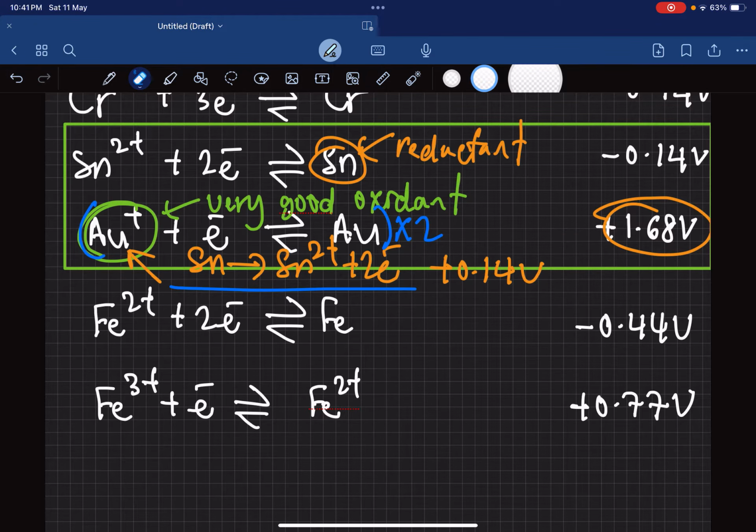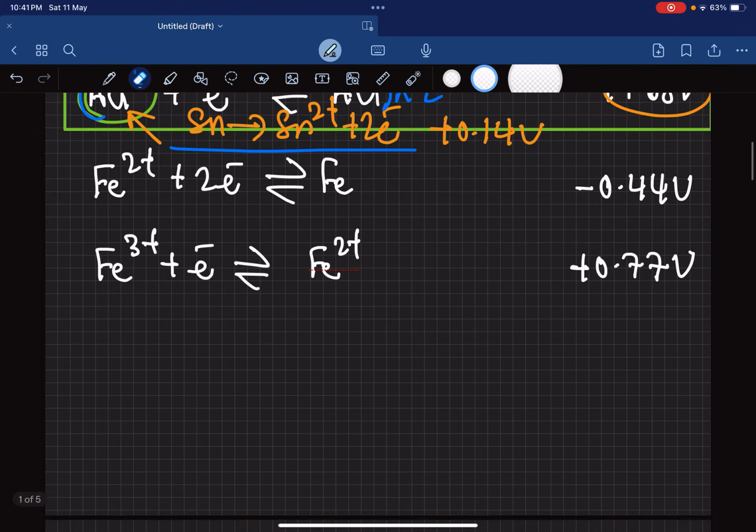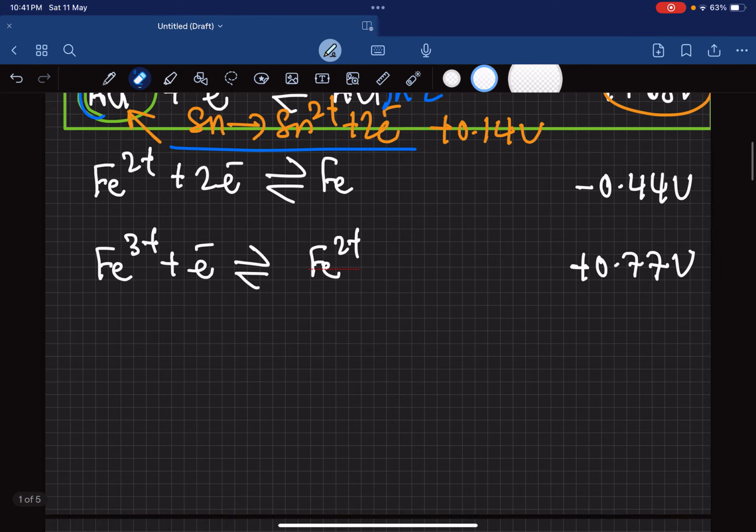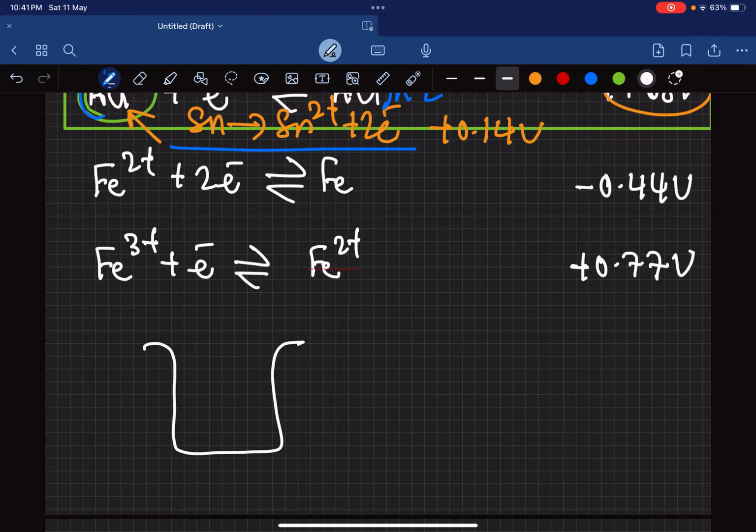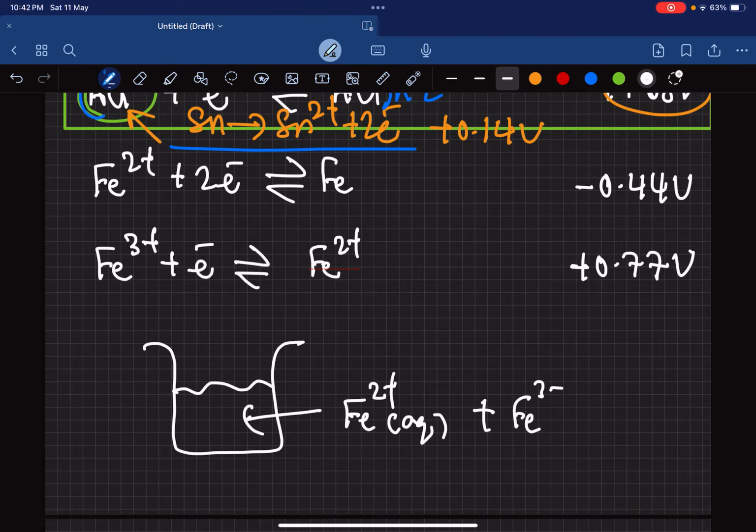Right? So you just use this equation. And then sometimes you come across questions like, when you do a voltaic cell, let's say a voltaic cell, sometimes you get a question where you have iron. So you have a solution here, and then it tells you it's a mixture of Fe2+ aqueous and Fe3+ aqueous. The electrode that you're going to use